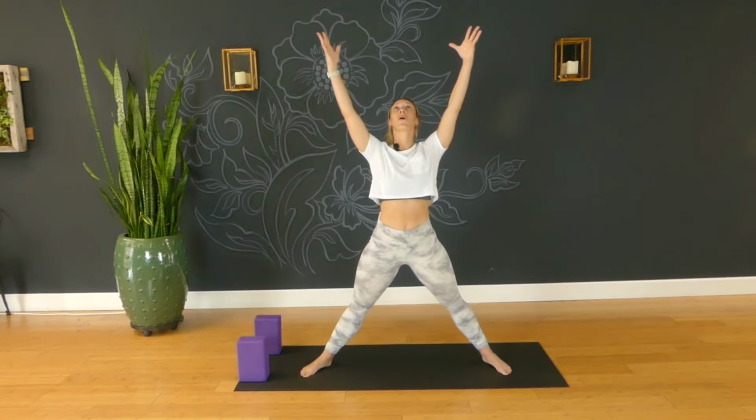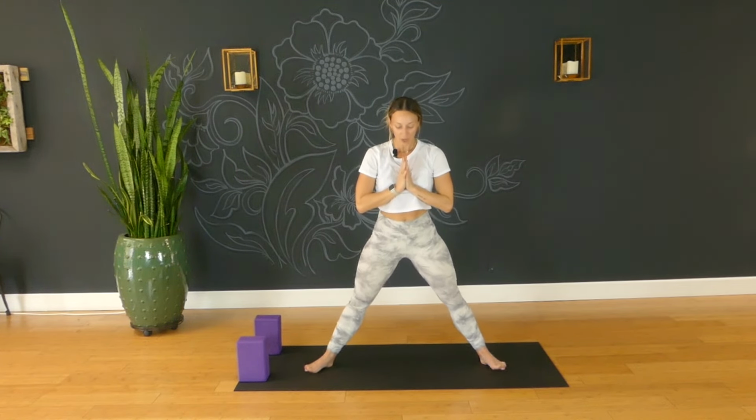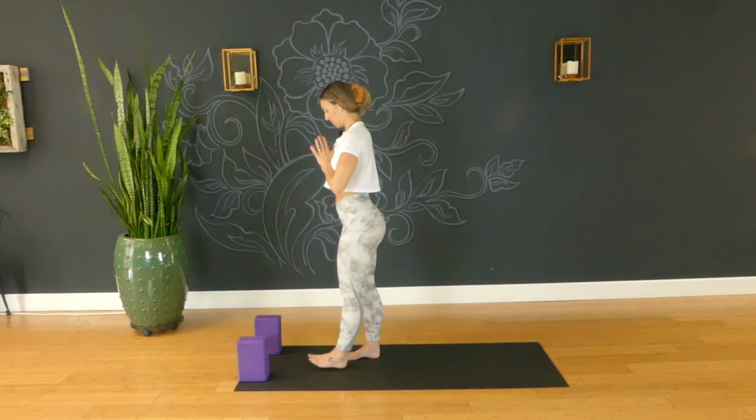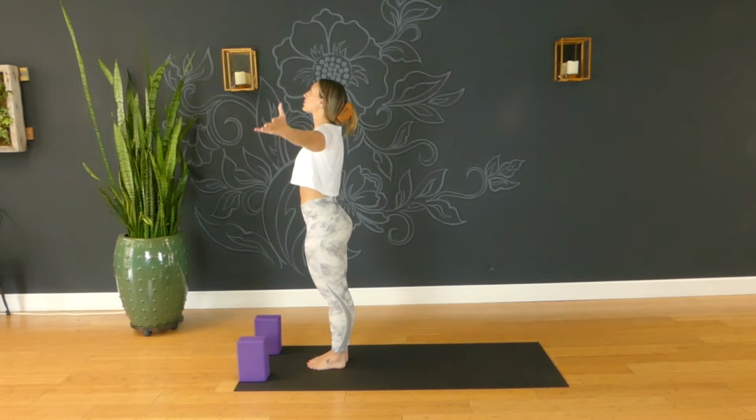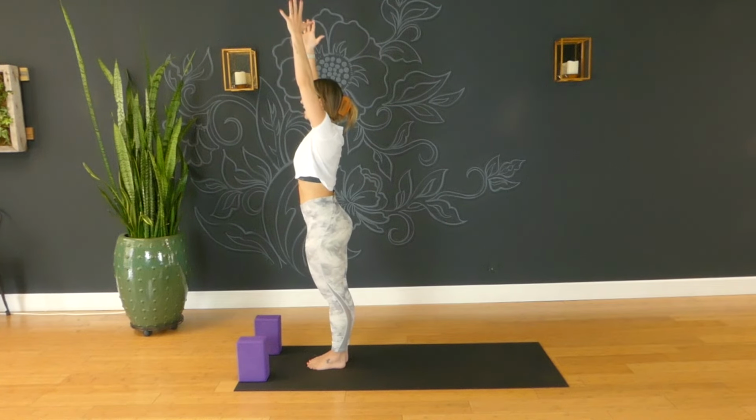Good. Inhale, star pose, big burst, open all the way up. On your exhale, bring your hands to your heart center. You'll toe heel your feet to touch here, nice and slow, and then turn back to the top of your mat. On your next breath in, float your arms all the way up towards the sky,